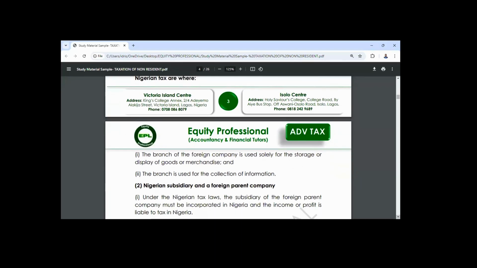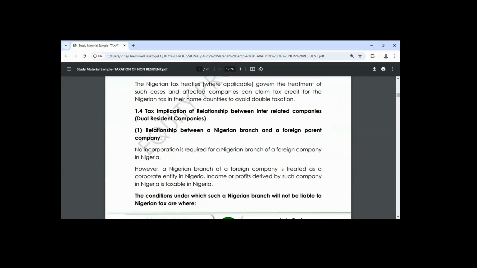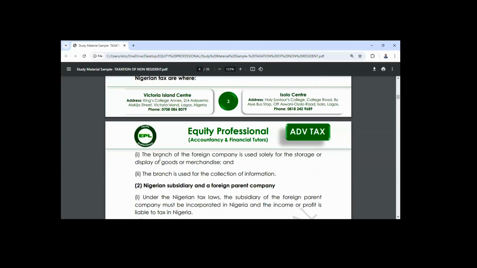Second, when the branch is used for collection of information only, maybe an information collection center or after sales service information. In such case, that branch will not be liable to tax in Nigeria. Because the branch in these two situations where the branch will not be liable to tax in Nigeria, that branch